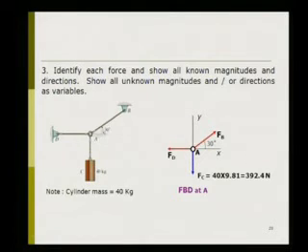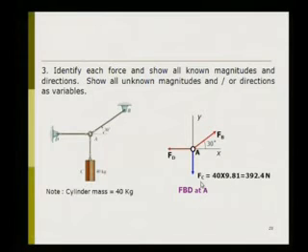At a point this weight is suspended, so at that point the force is acting downwards. Now the system is in equilibrium. There will be tensile forces in rope AD and AB. So let us say this force is FD, because this point is D, and over here point is B, so let us say it is force FB. Now this FB force makes an angle of 30 degrees with respect to the positive x-axis.